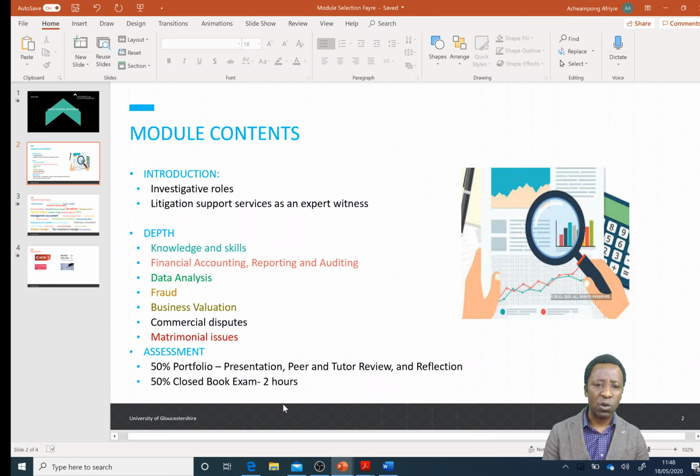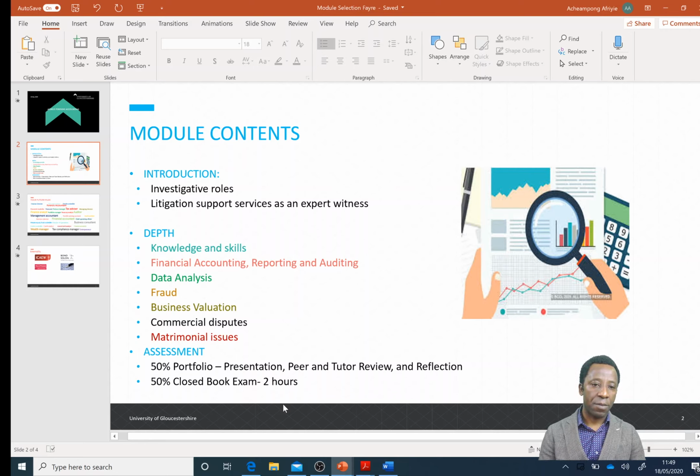What are the things that can go wrong there? And how do we get called upon as forensic accountants to verify and investigate and sometimes support people who are litigating? A big chunk of what forensic accountants do is also related to family businesses and matrimonial issues. When finances become an issue during divorce or various forms of separation, we get called upon. So it's a very broad,